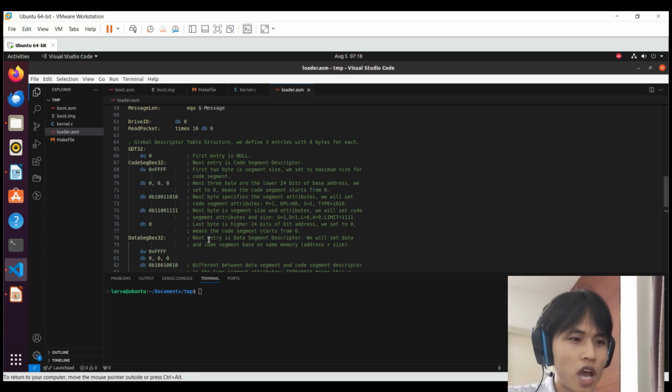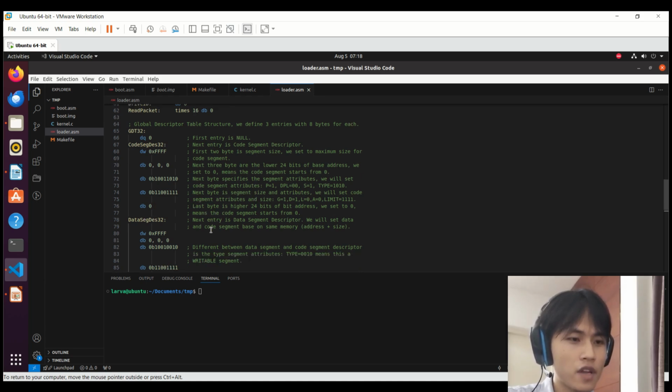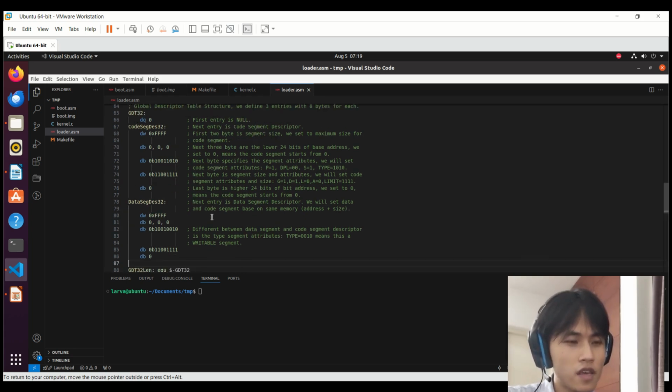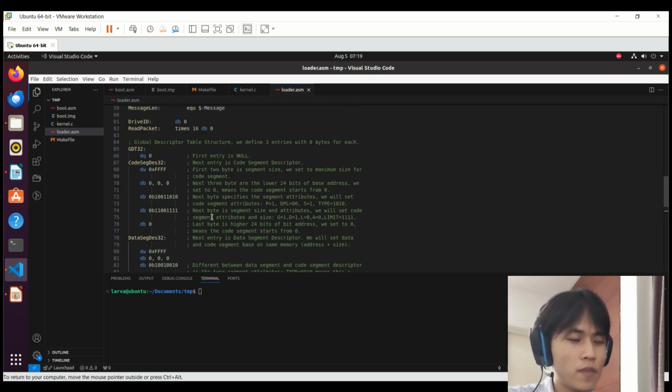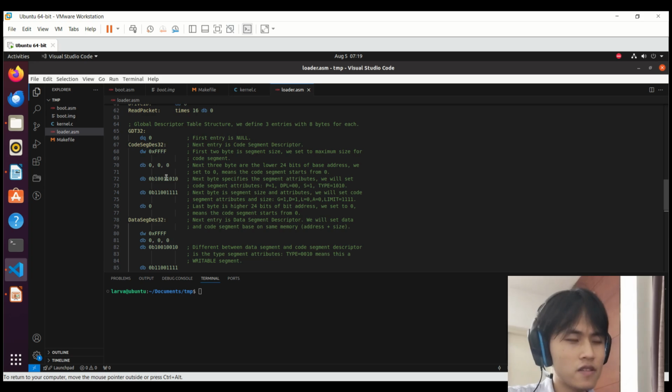For this table, we have 3 entries. First entry is null, the second entry is for our code segment descriptor, and the final entry for data. It is quite similar in C, and that is the reason why people say C is very close to machine code. You can see here it's like an array with 3 elements, and the first element is null.